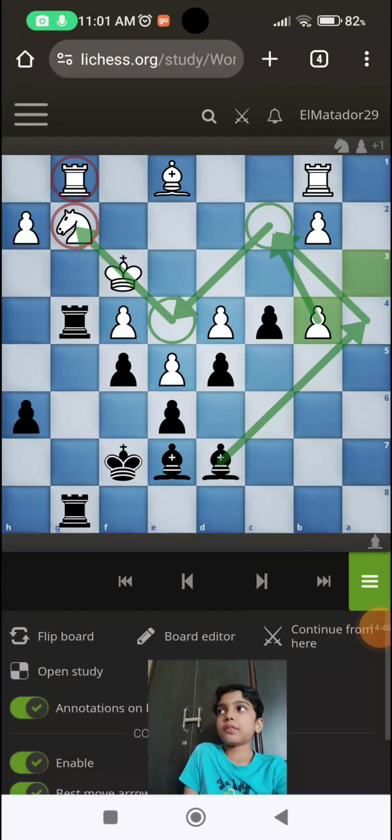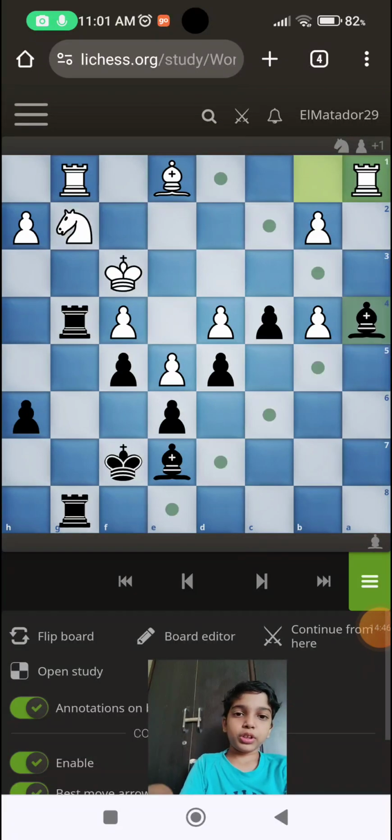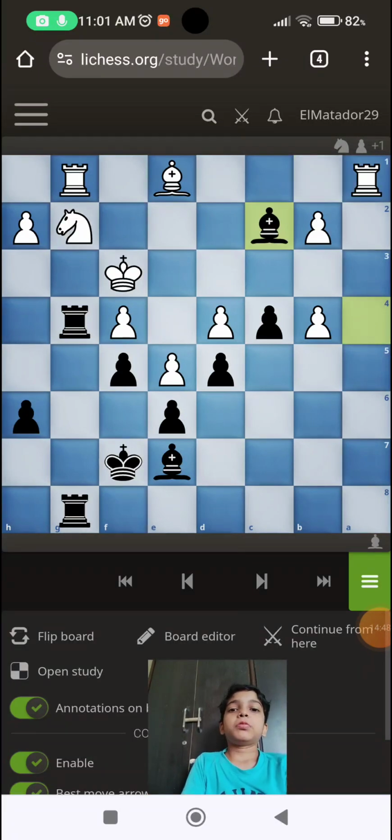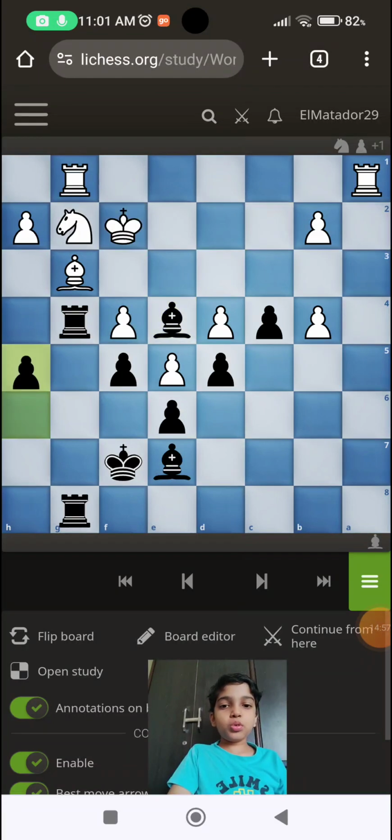Yeah, so this is our idea. So bishop a4, rook to a1, bishop to c2, bishop to g3, and now bishop e4 check, king f2, and now h5 threatening h4, and now